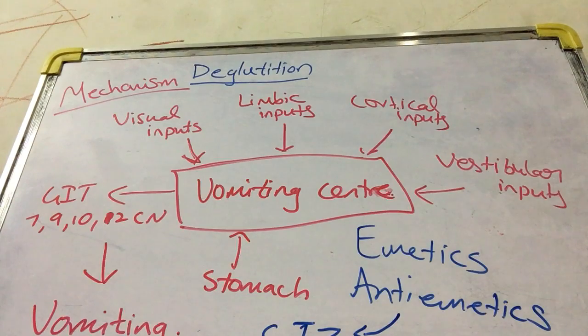And the assignment for today's class is: write about the stages of deglutition. You write the names of the stages and also you describe the events that occur in each stage of deglutition. So please remember the assignment. This is the assignment for today's class.